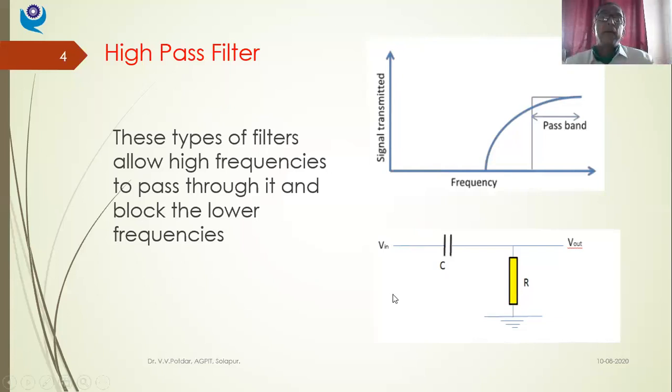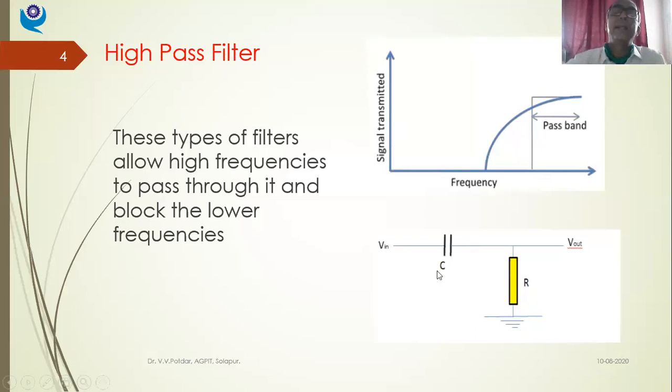So for the high frequency pass filter, I have V in. What is this V in? Draw one arrow, it is between ground and this point. So that is V in. Then I have capacitance C, I have resistance R. And I have got V out between this point and ground. Okay, so draw this circuitry for the high frequency pass filter. Draw this output plot also. So what does this high frequency pass filter do?